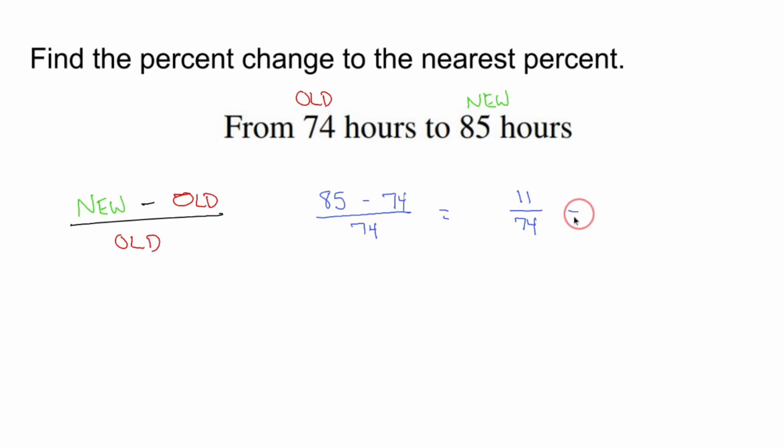When we do that, we get 0.1486. Now, that's not our answer. Don't circle it. That is a decimal. In order to turn a decimal into a percent, we're going to multiply this by 100. An easier way of doing that, though, is to take our decimal and move it to the right twice. So what we get is